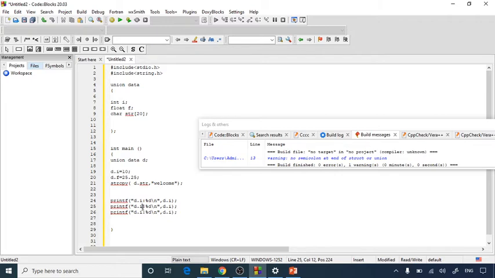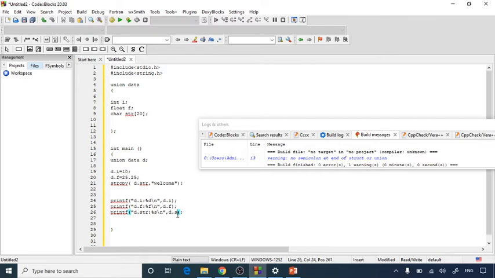Then I'm going to use it for d.f. It will be the format specifier %f, and here d.f. After that d.str, a string, and the format specifier is %s, and d.str. So here we have written printf statements for all three variables which we have declared here.